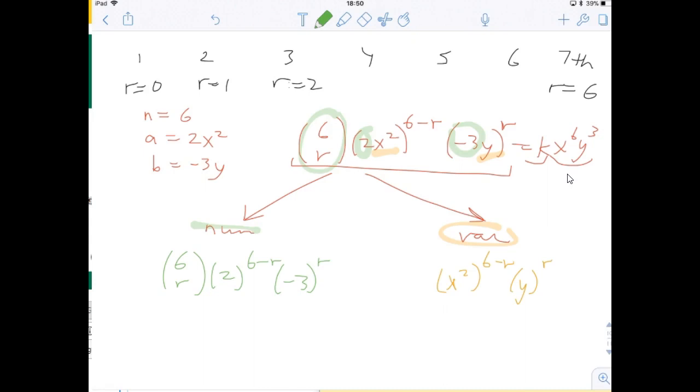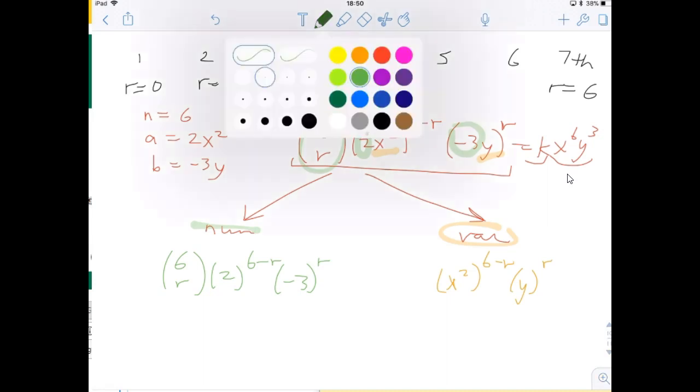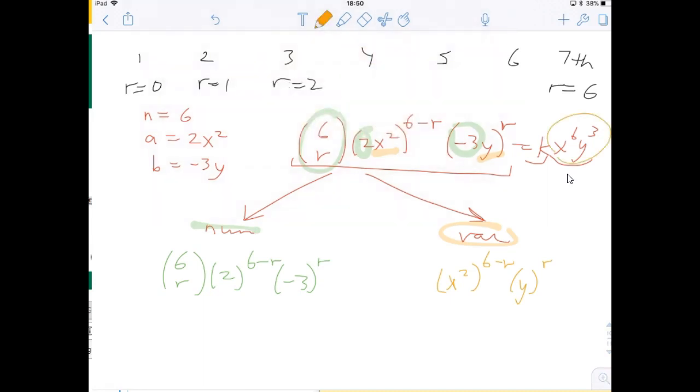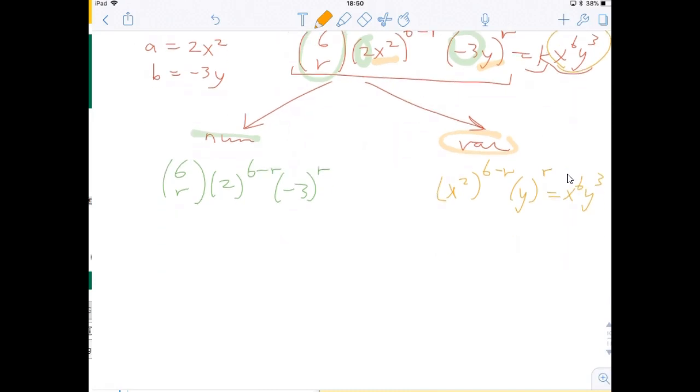And now what I'm going to do is use the fact that I know that the orange part actually looks like this, and I'm going to match it up together with this, okay? So I'm going to put equals x to the 6 y cubed, right? So now let's try to combine some of these